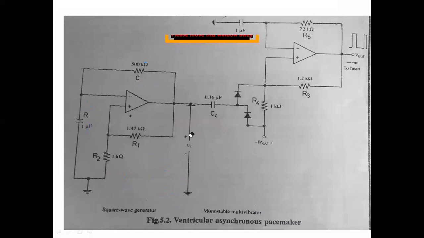After generation of the square wave output, we have to apply it to the